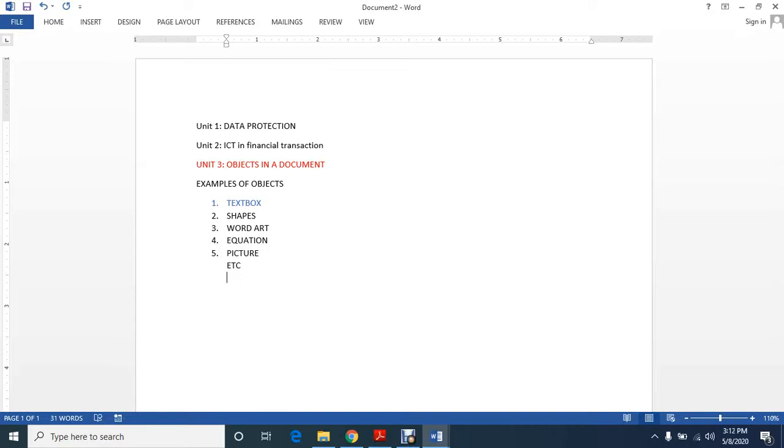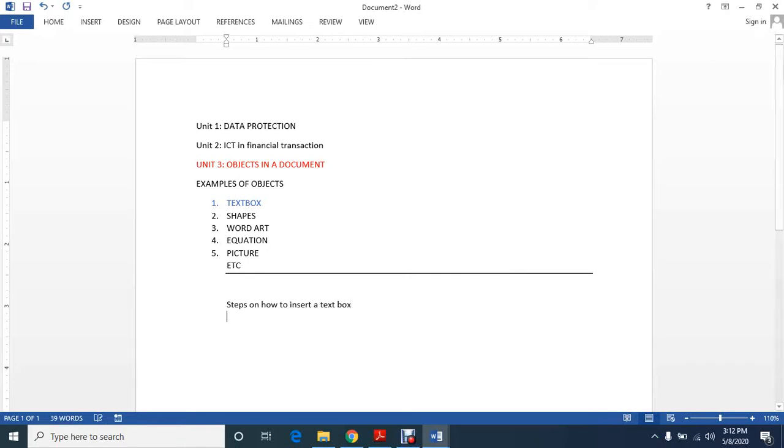Let's start directly with the steps on how to insert a text box.